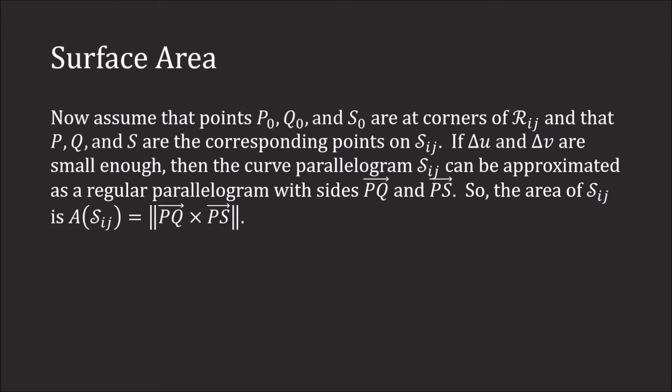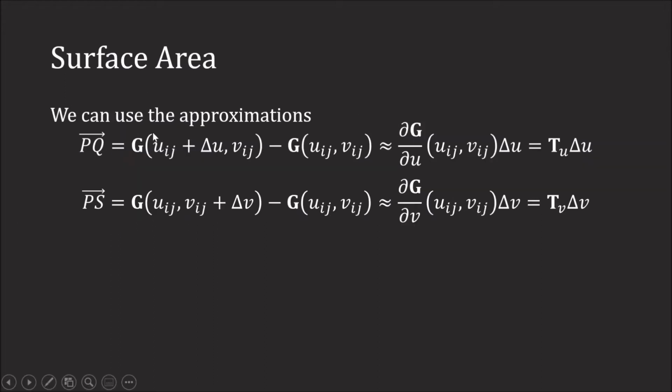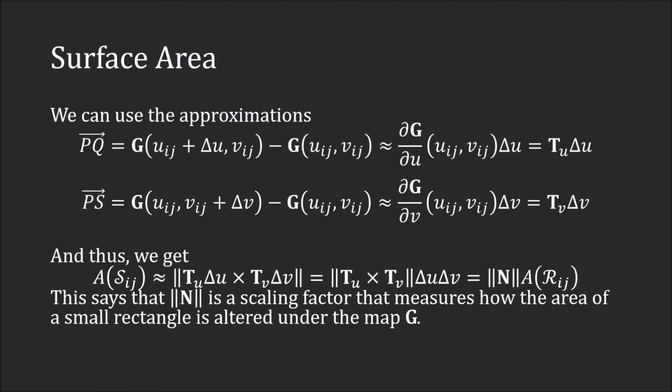We can now use the approximations. PQ is G of U sub ij plus delta U, V sub ij, minus G of U sub ij, V sub ij. Well, this is approximately partial G partial U times delta U, and that is T sub U delta U. And also PS, using very similar logic, would be T sub V delta V. So we're going to get that the area of S sub ij is approximately the norm of